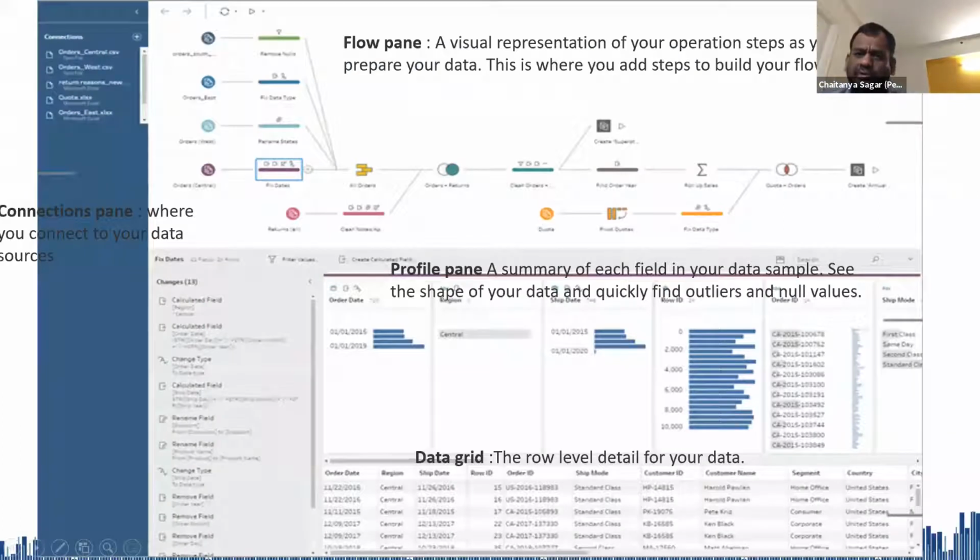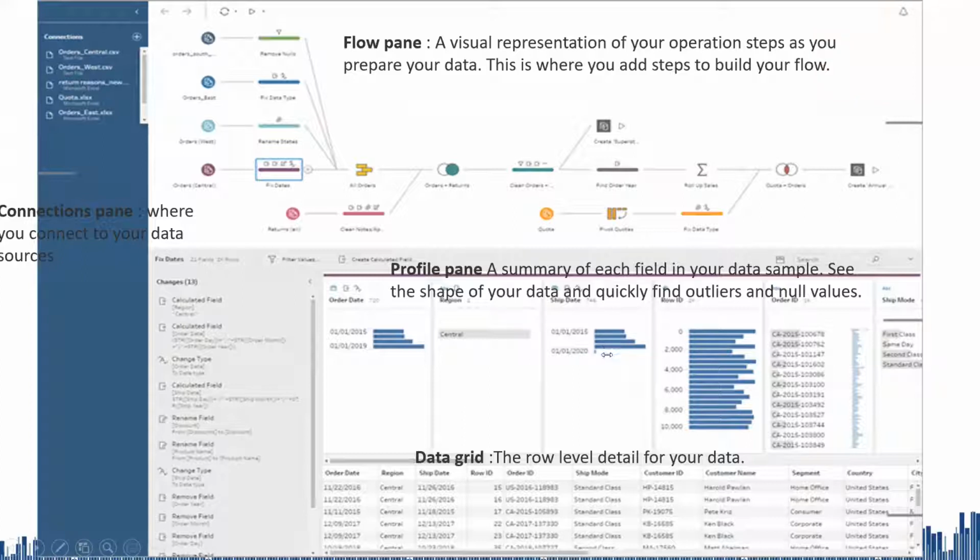Just trying to understand, in this particular field, the ship date, you can see for this particular date there are these four bars. What do those bars represent? The bars represent each year.